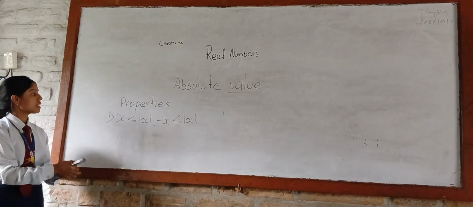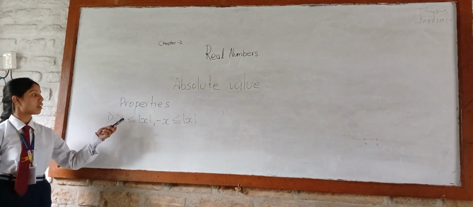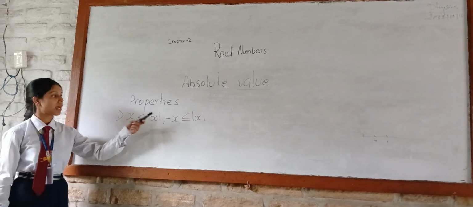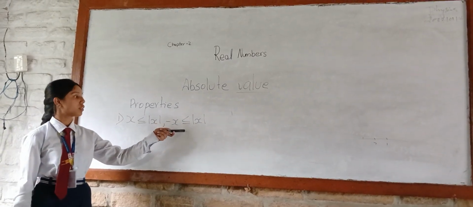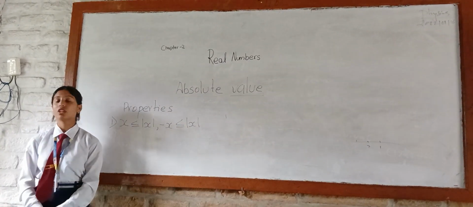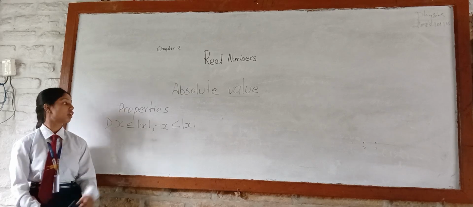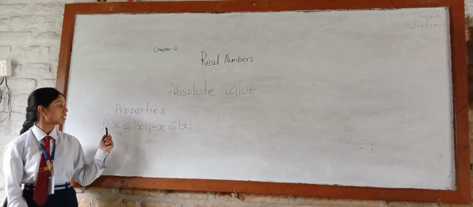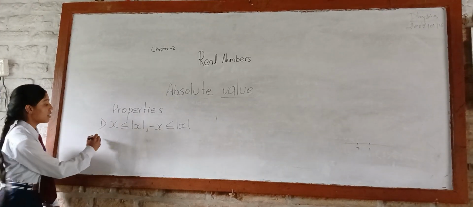So the first property says that x is always less than or equal to the absolute value of x, and minus x is also less than or equal to the absolute value of x. In simple words, we can understand that the absolute value of x is always greater than or equal to the number itself, whether it is positive or negative. Next property is